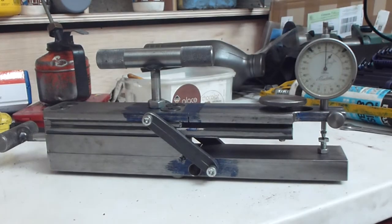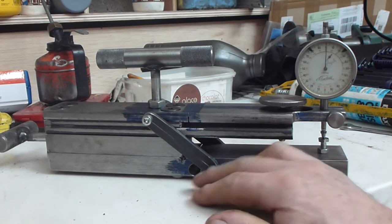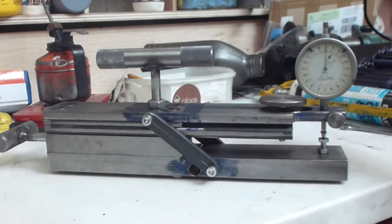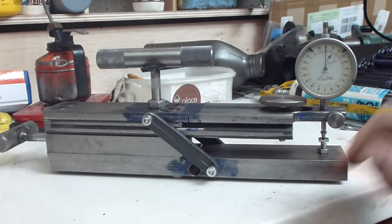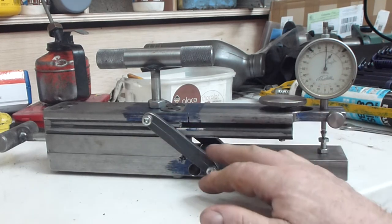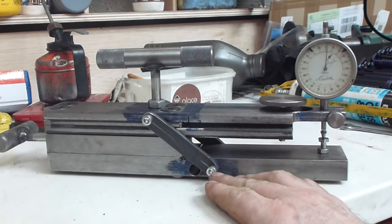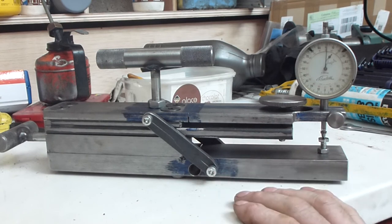As far as... I made two anti-droop bars, these things on the side. Initially I was going to make them with kind of little top hats, so that the bolt would be holding a top hat against the frame. But I realized that this is